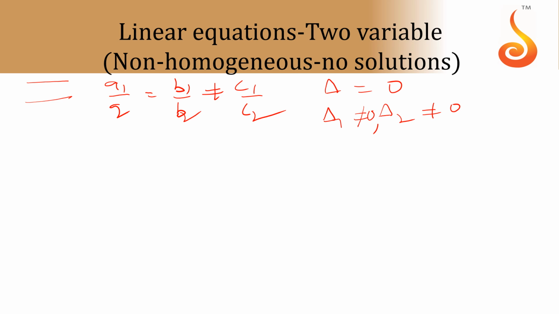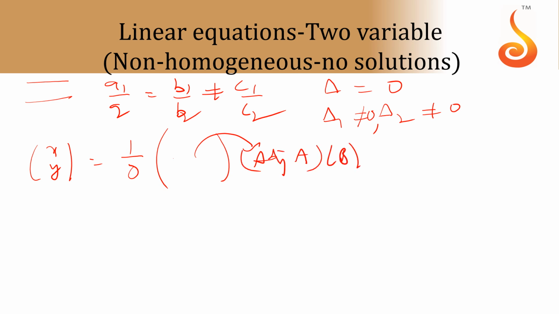Now, what happens in the matrix inversion method? In Cramer's rule also, what you are getting, if you observe, is infinity comma infinity, which means the lines are meeting at infinity. The meaning is they are not meeting. That's why no solution. So by the matrix inversion method, 1 by 0, a matrix in which this adjoint A into B, no, it won't be a null matrix. Not a null matrix means at least one should not be 0. But outside 1 by 0 is there.